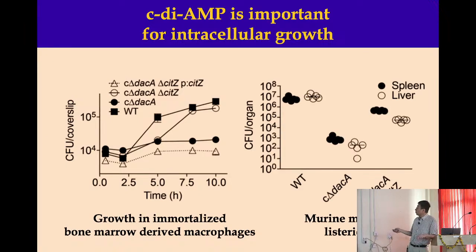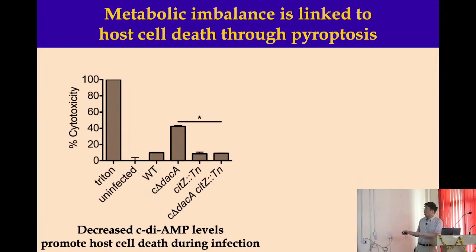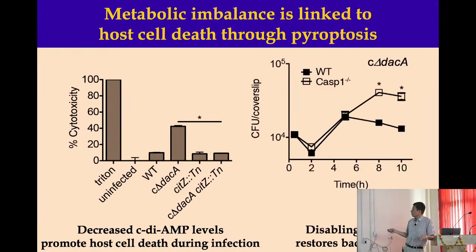And then he also looked at the pathway as I mentioned earlier. And finally, the cell death occurs through pyroptosis, by looking at wild type relative pyroptosis. When you reduce the level of cyclic di-AMP, you can see pyroptosis went up a lot. So that's how the cells die through this process. So cyclic di-AMP, in the case of citrate synthase, had a tremendous impact on cell growth. And then disabling pyroptosis can restore the cell growth by getting rid of caspase-1.